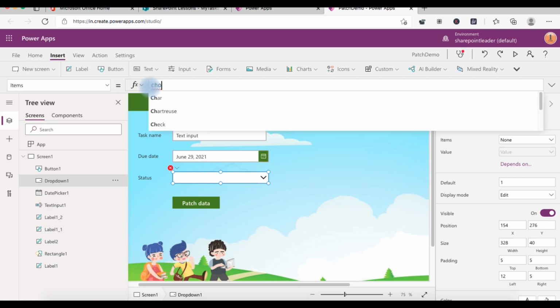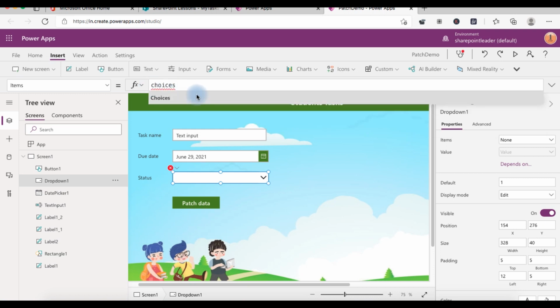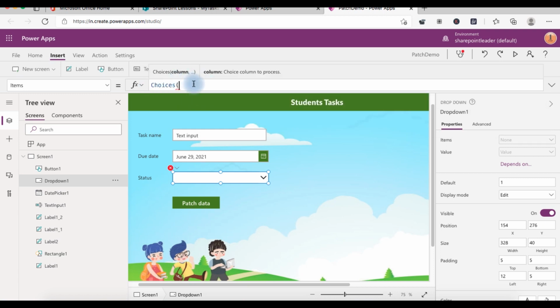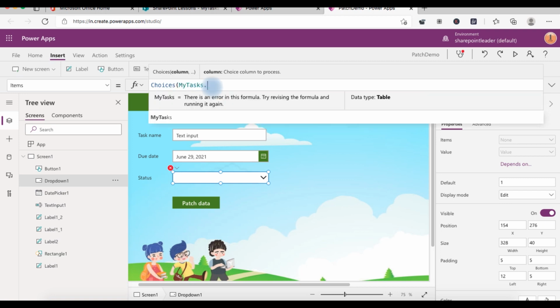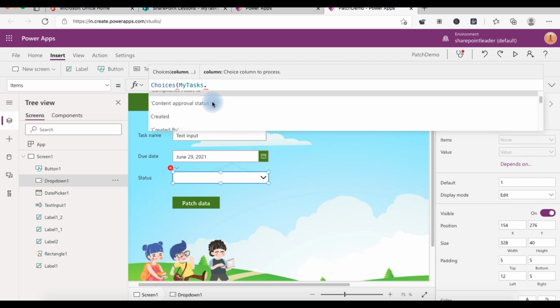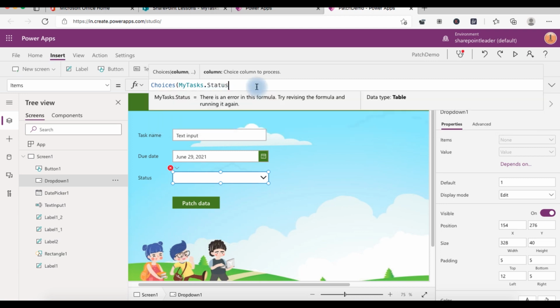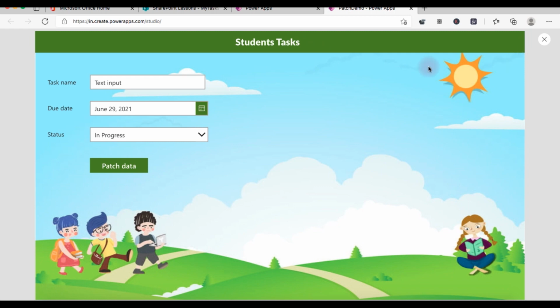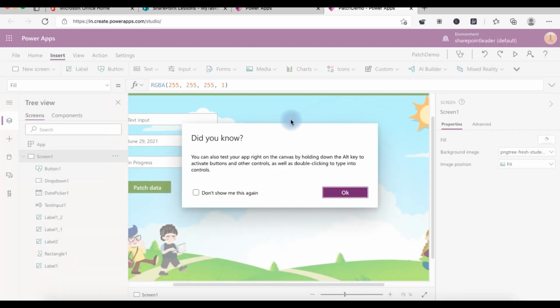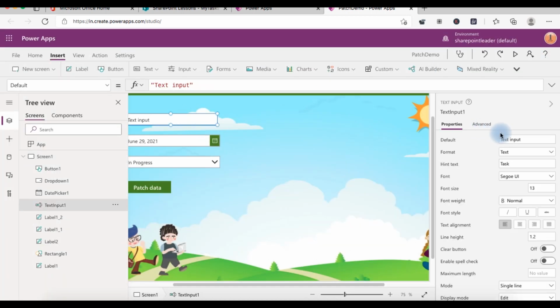So it is coming from the SharePoint list column status. Now we can configure it by choices and giving the name of the column. So column means MyTasks.Status. So it will show the status now in that dropdown control. Once you have done this, you can see in progress, not started and completed. Okay, now let's take a preview of this,